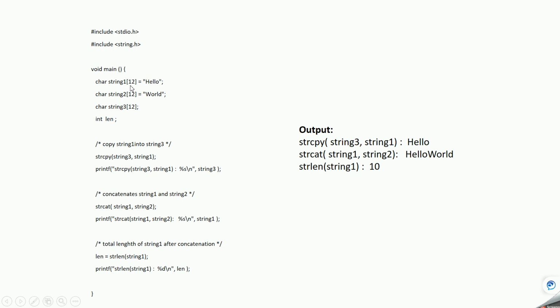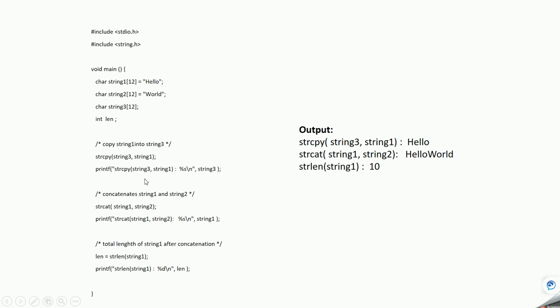Suppose we had only 6 characters here instead of writing 12. Then if we perform this string concatenate operation, it will give you an error at runtime.